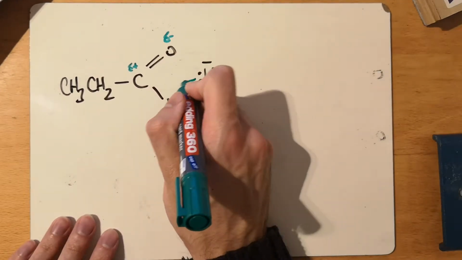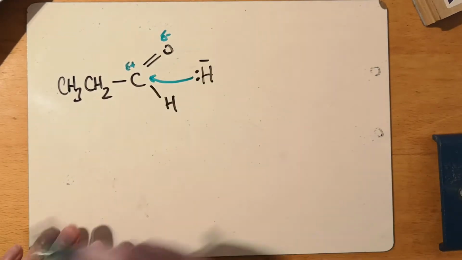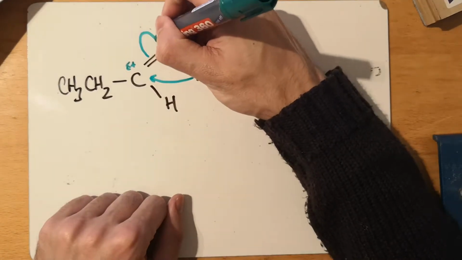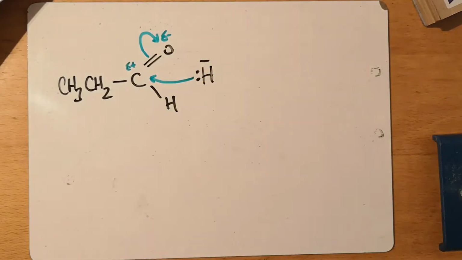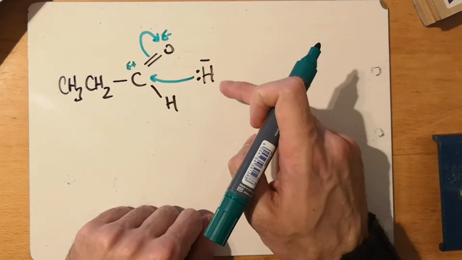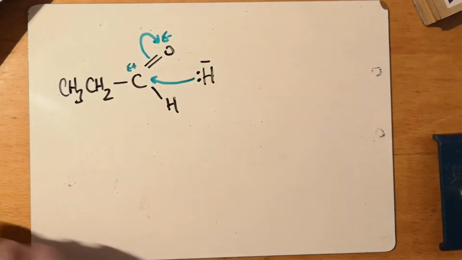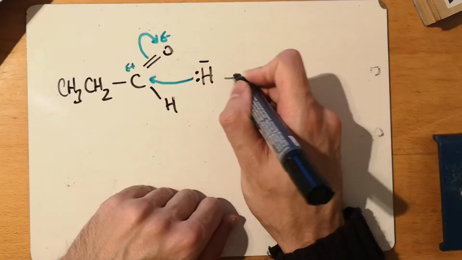This is going to attack that carbon. When it does, the pi bond in the C=O breaks and goes into the oxygen. So a lone pair of electrons goes towards the oxygen. This lone pair goes in and forms a bond with the carbon, and that forms our intermediate,